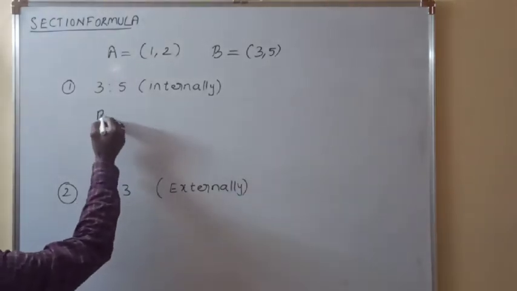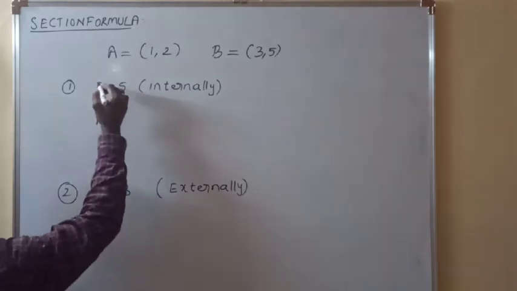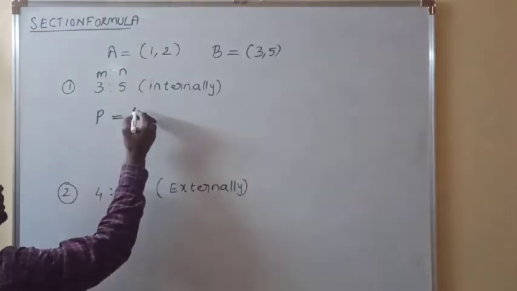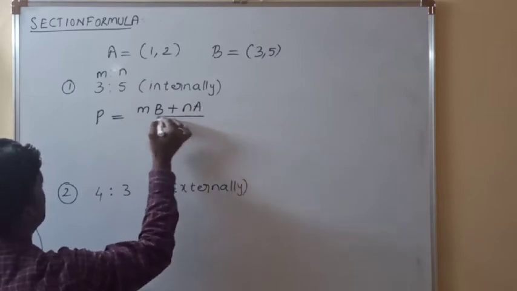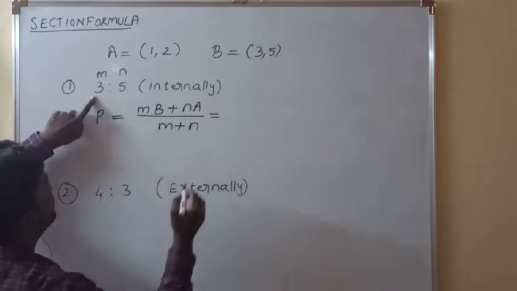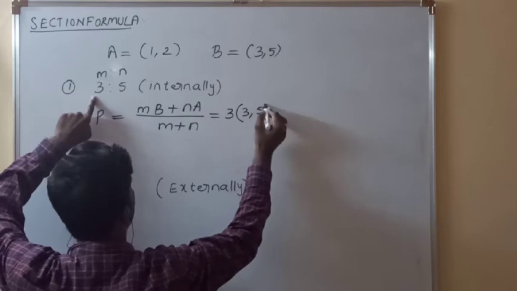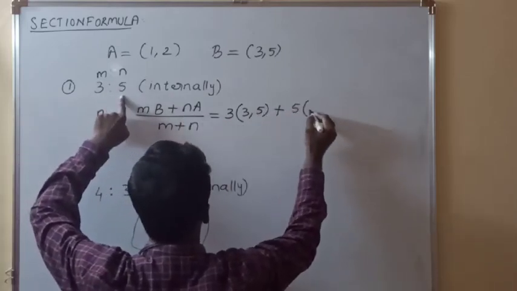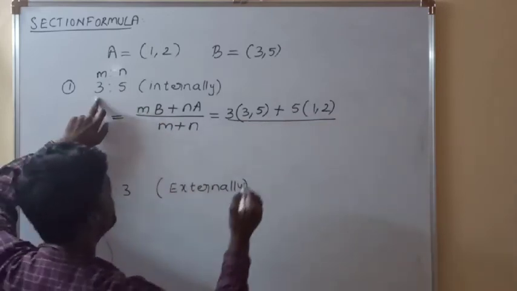Suppose that point is P. This is m is to n only. So m into the second point, that is B, plus n into the first point, that is A, divided by m plus n. Here m is 3 into the second point B, (3, 5), plus n, what is n here? 5 into A, the first point (1, 2), divided by m plus n, that is 3 plus